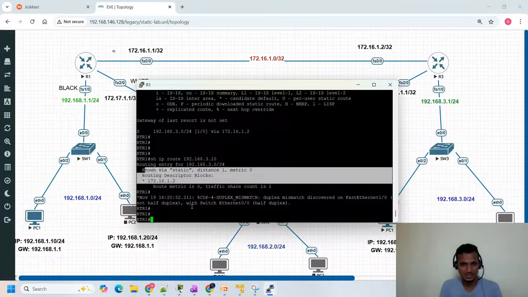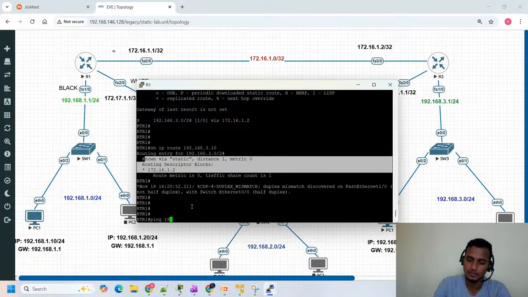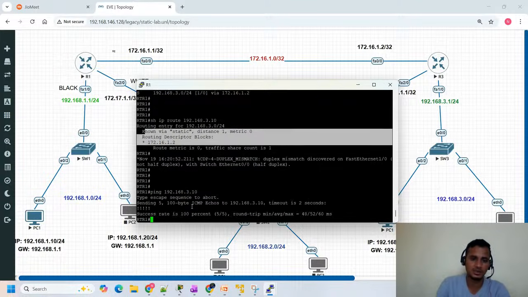So how this route is learned, whether it is static, a dynamic routing protocol, or any other special routing protocol. Even from here, since from router 1 you can ping 192.168.3.10, you are able to reach it. See,